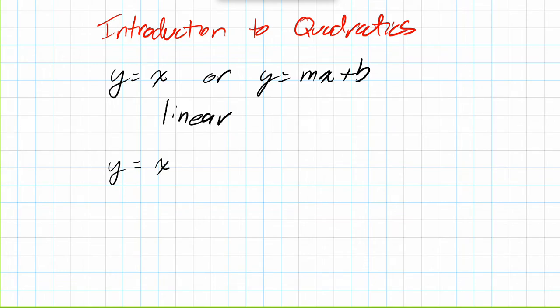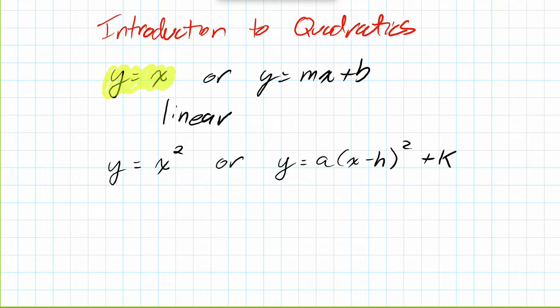Y equals x squared. And when I say or, there's actually quite a few different versions we use. I'm going to use this one first. Y is equal to a(x minus h) squared plus k. It's a lot more variables involved in this one. The first thing I'm going to do is I want to draw similarities between these. The one I'm going to highlight in yellow here,